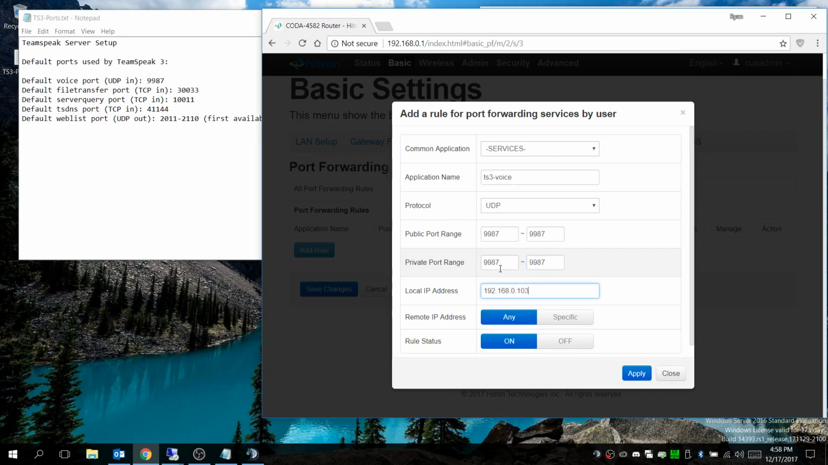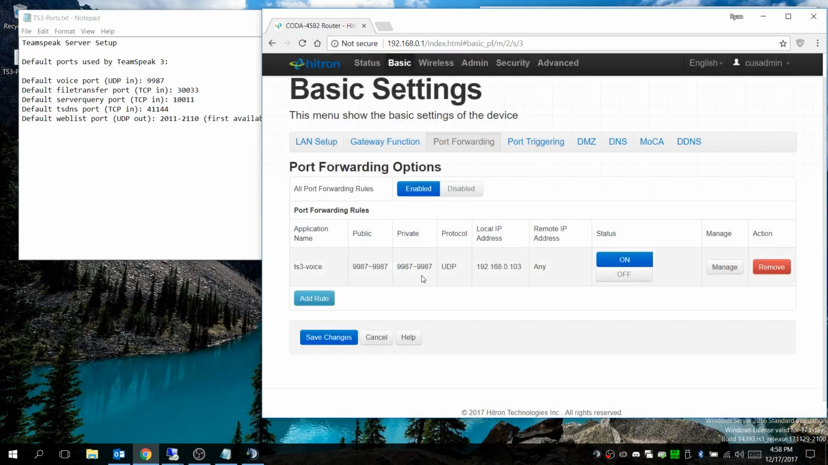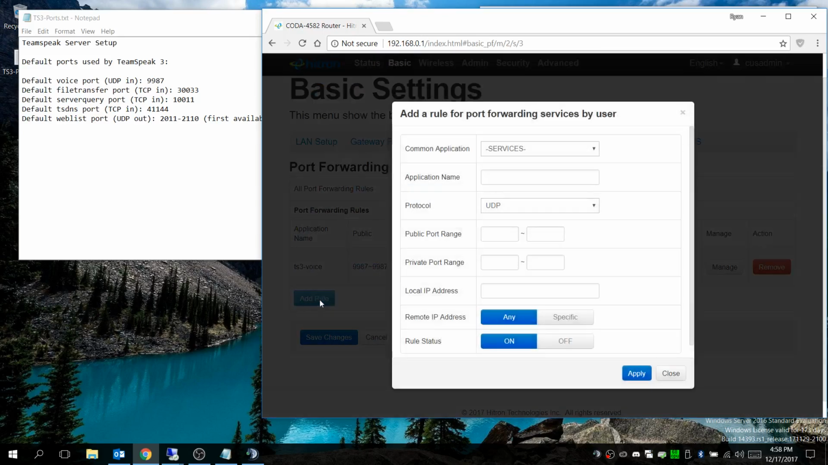Okay. We're going to create a file, and that's TCP, and that's going to be 30033. Okay, and again,